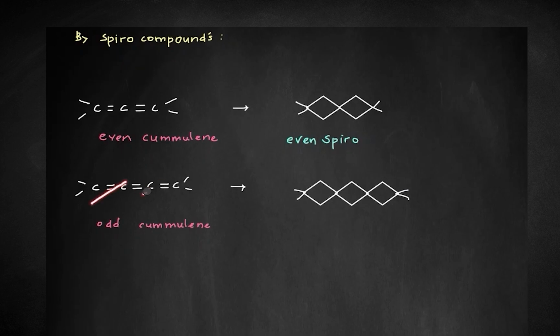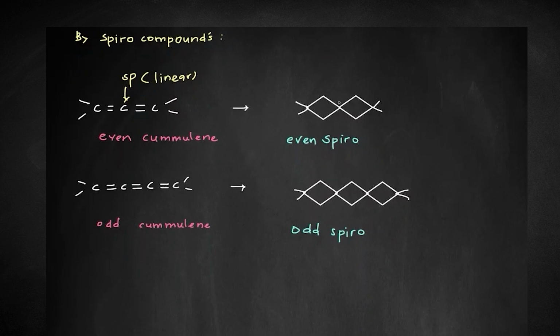Again, when we have 3 pi bonds we call it odd cumulenes, sorry. And in case of 3 rings, since 3 is an odd number, we can say this is an odd spiro system. Okay, the central carbon here has sp hybridization, which is linear geometry,